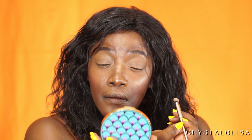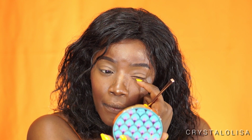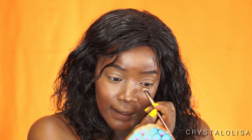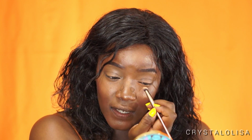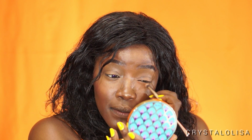I do take a hand mirror because I like to be up close so that I can see exactly what I'm doing. And then just in this area, I hope you can see that before I correct it, right where the product has kind of disappeared and gathered and bunched, you can see that darkness coming through very clearly. I just take the very edge of that brush and I sweep it very lightly across just the area that needs fixing. I'm not redoing my entire concealer, so just in that very specific line, I go in with product